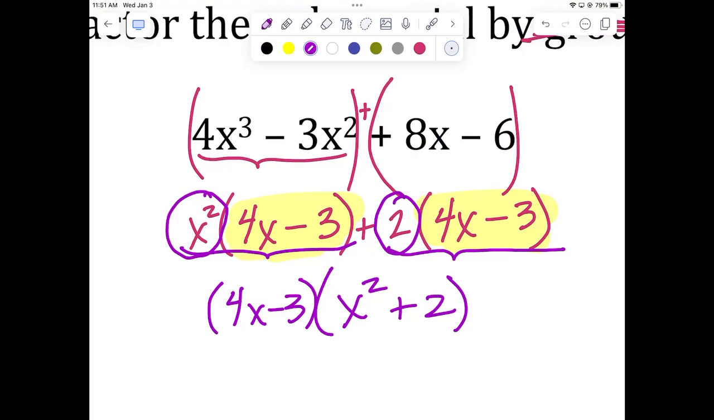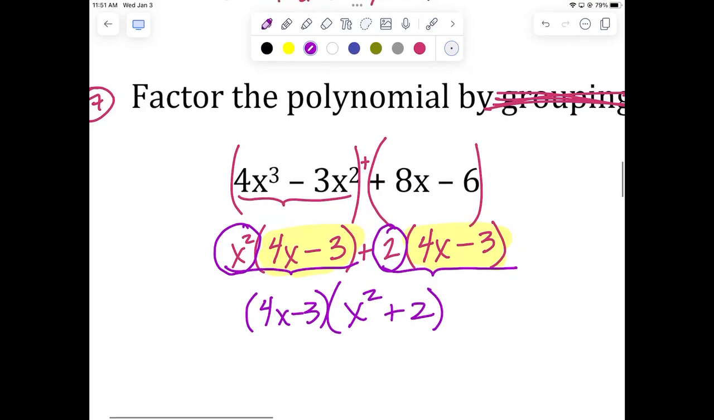Where'd you get that? The 2 is the common factor of the 8x and the 6. Oh, I didn't know you had